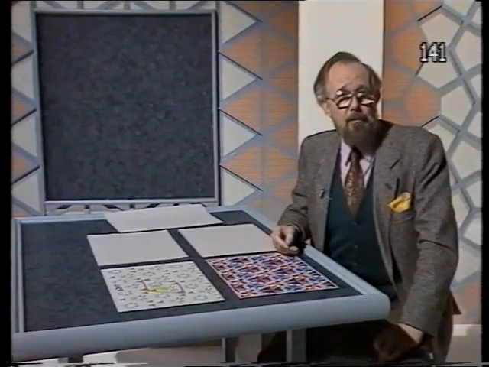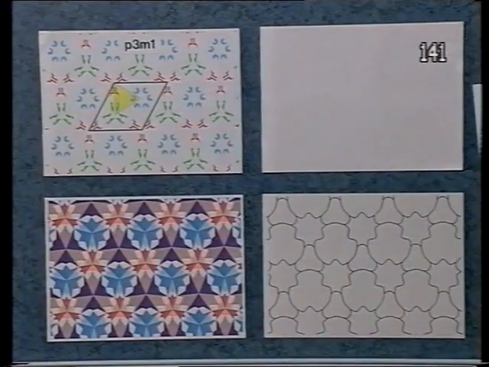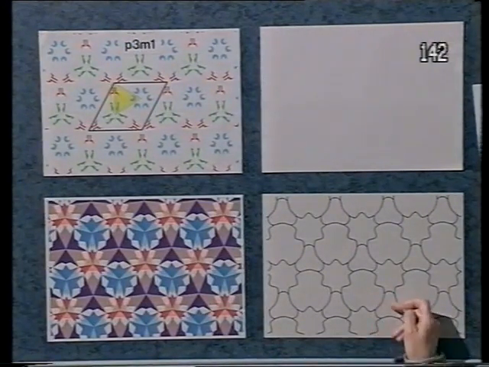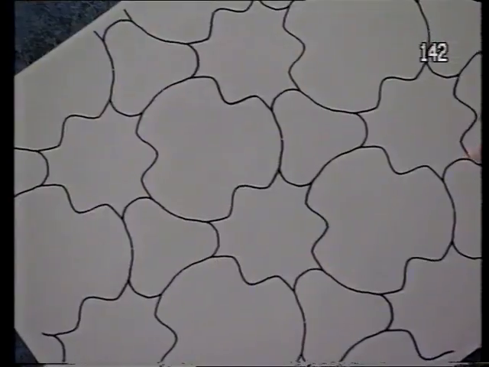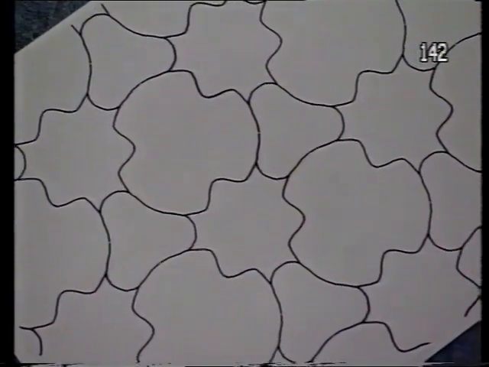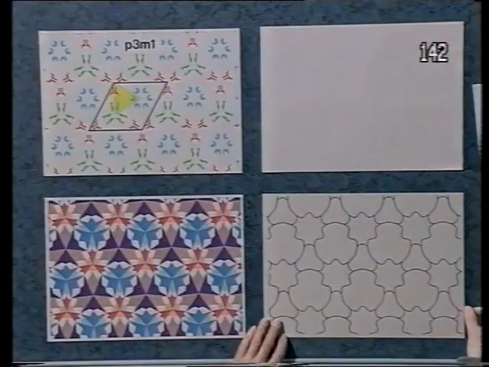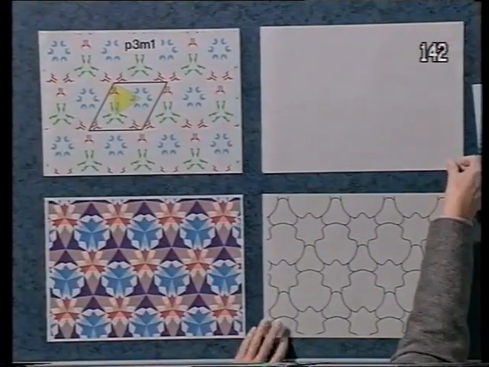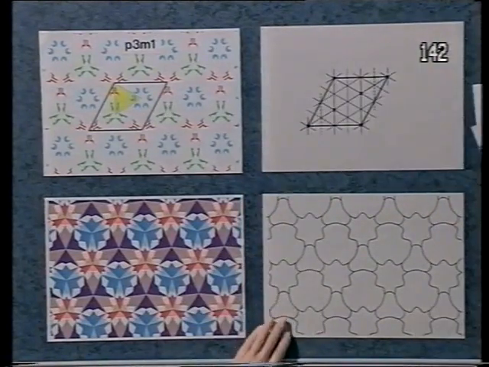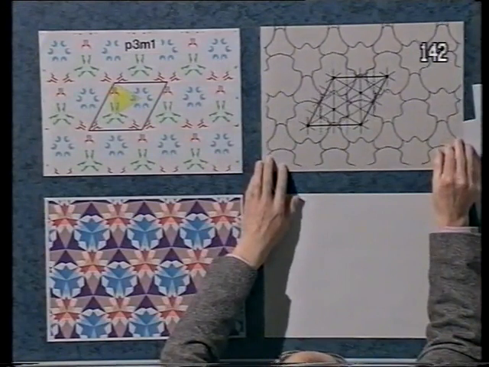Now, I find it useful to imagine a tiling like this for the P3M1 pattern. It's a tiling with 3 distinct shapes, each with rotational symmetry of order 3, and each with 3 axes through them. If I superimpose it on the marked up parallelogram for the P3M1 pattern, then you can see just where